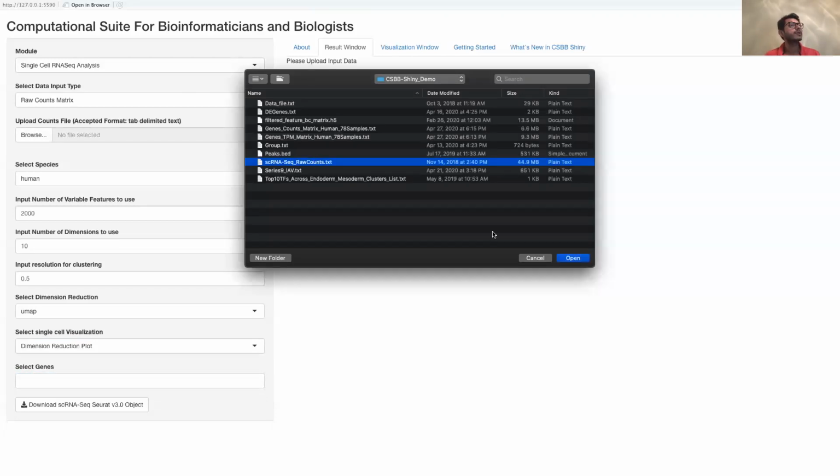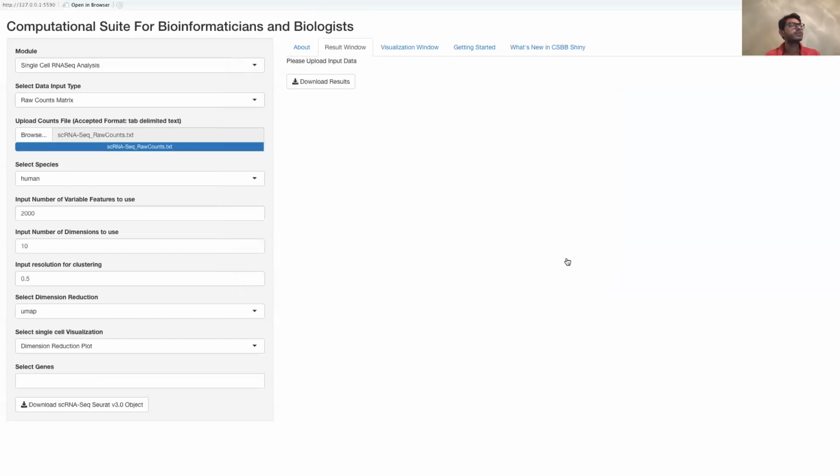I have a raw counts file. I think it has some 20,000 genes and 1,000 or so cells. And once the upload is complete, you will see that it has written this down. Now, what happens is it will take some time to upload the data to the server and then process it in the background. And once the data is processed, it will directly show you a marker file for all the